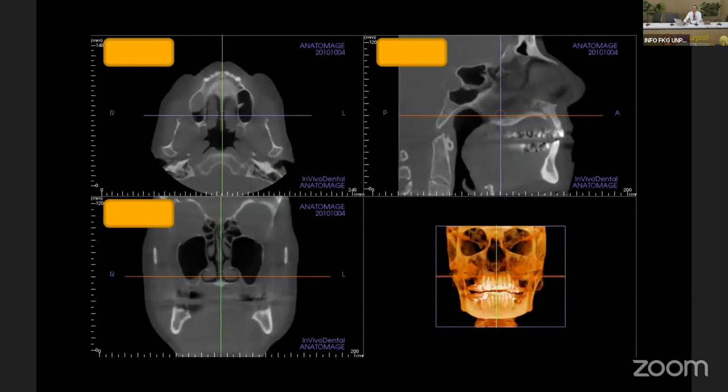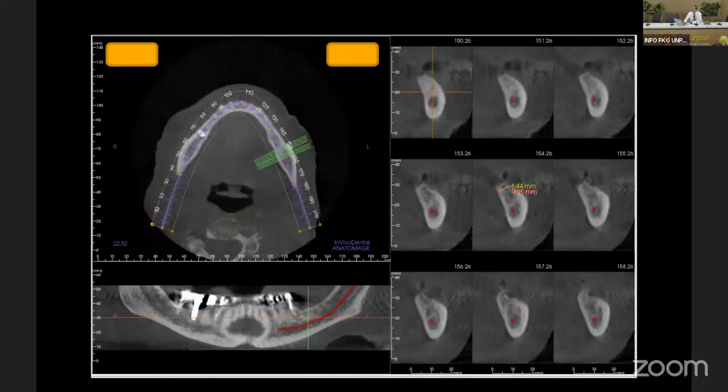Now with the 3D data, we can generate different sections, different planes. We can have the axial view, coronal view, and sagittal view, and also generate a surface reconstruction. Most importantly for us, if we do dental implants, the cross-sectional view is the most helpful. You can select the tooth location, then do the cross-section, and you can get the bone height, bone width, and the inclination of the bone.